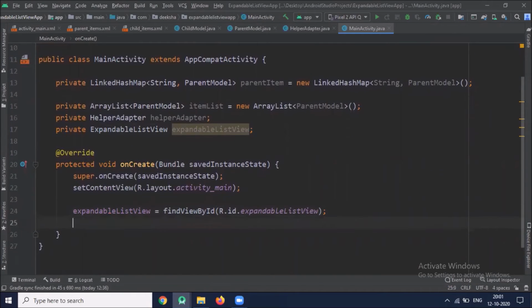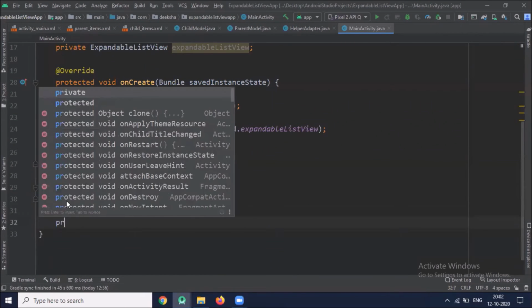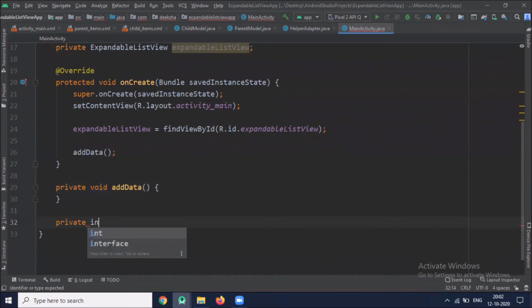Now we create one method to add the data that will display in expandable list view. So here we create method add data.